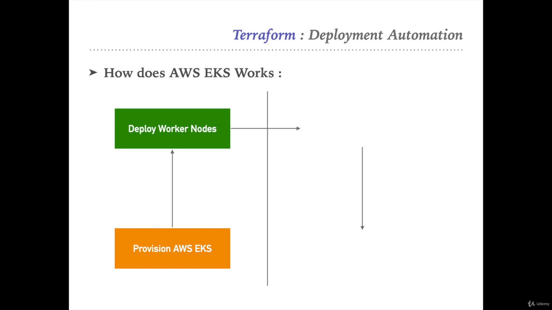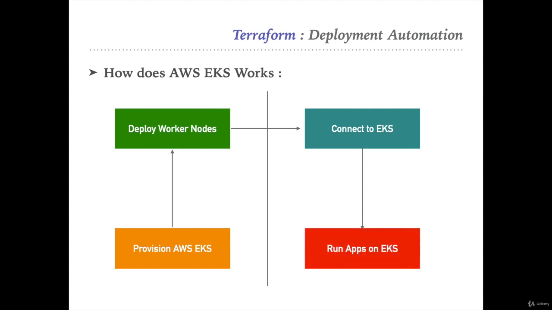Then we will deploy the worker nodes. Then we will connect to the EKS cluster and then we will execute the application. So first we need to create the EKS cluster in Amazon. Then we need to deploy the worker nodes. These worker nodes are the EC2 instances which will connect to the Amazon EKS cluster with the help of the